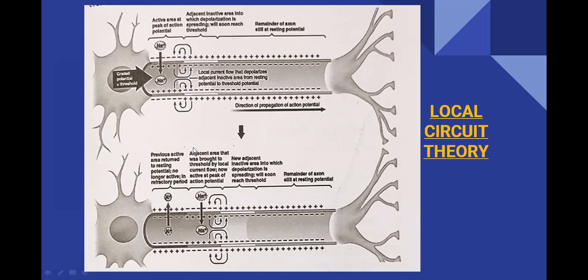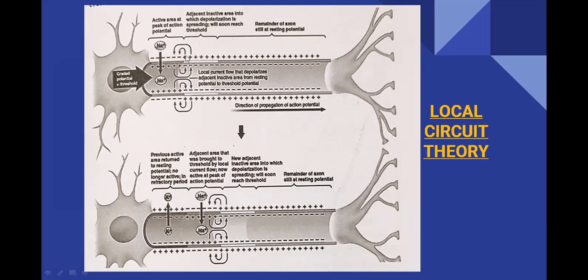That's why, immediately next, we can see what happens in this second diagram. The sodium ions will be attracted to this neighboring region, and on the outside the sodium ions will be attracted towards this first region, so that the charges again change in this neighboring region. So this is creating a local circuit. Sodium ions are circulating in a cyclic manner, so these are called local circuits.